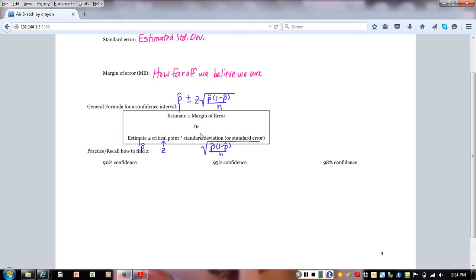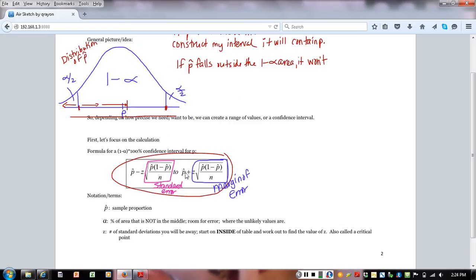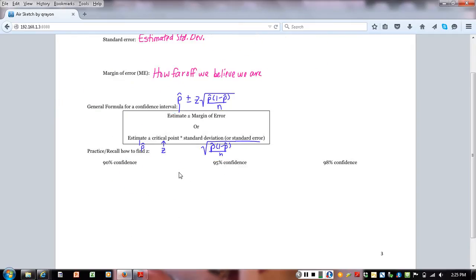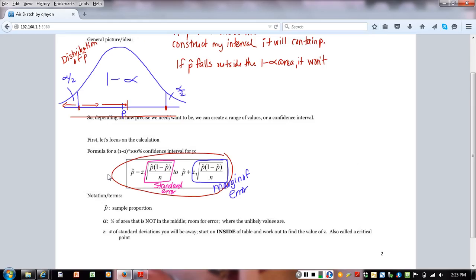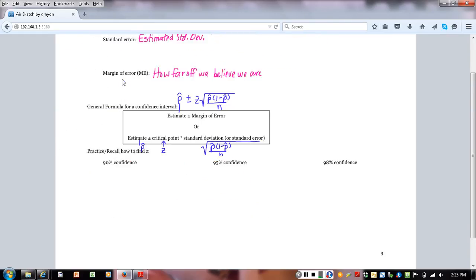So when you go back and look at this formula, once we've collected our sample, we're going to know most of these numbers. We're going to have our sample size. We're going to have our sample proportion. What we need to be able to do is find z. So we're going to practice this idea. What that z is based upon is just how confident you want to be. Or in a sense, going back to that general picture here, what percent you want to put in the middle. So if I want to be 90% confident,